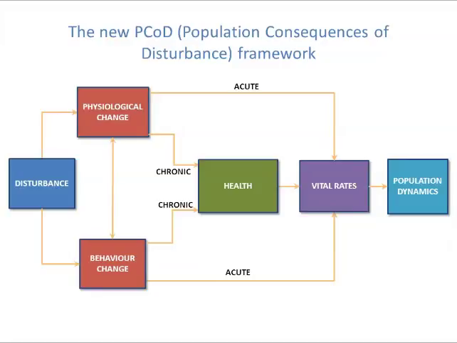And in acute situations, those changes can have an immediate effect on vital rates. Animals might die because they do something really stupid. They might die because they're stressed. But most of the time, the effects are chronic, just as they are with humans that are subject to acoustic disturbance and noise. They affect health, and only gradually does that affect vital rates. So we need to look at both the health effects and the direct effects on vital rates, and then we can look at the population dynamic effects, which are actually much better understood than any of the other links in this diagram. Next slide, please, Anna.